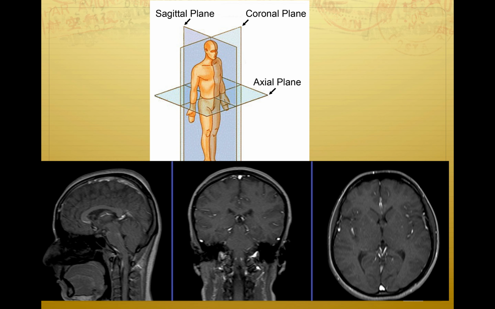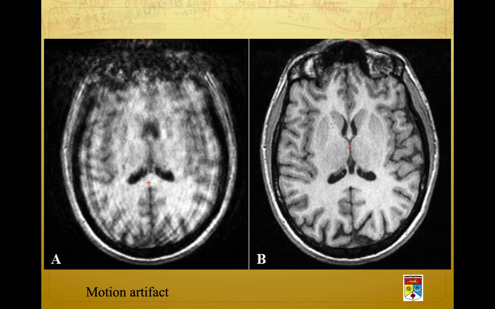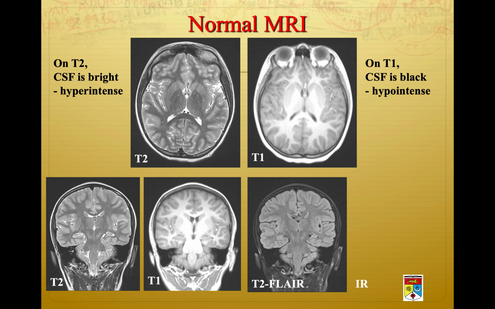As with any other cross-sectional imaging, we have three major planes: the sagittal, as if you're looking at the side; the coronal, as if you're looking at the front of the patient; and the axial, as if you're looking from above or below the patient. Now, again, why do you need sedation in children? Because if you have a motion artifact like this, you will never be able to diagnose anything out of this. That's why we need a good sedation or even general anesthesia to get a good image, so that when the child is immobile, we'll be able to see the grey matter, the white matter, and all the details. So in a normal MRI,